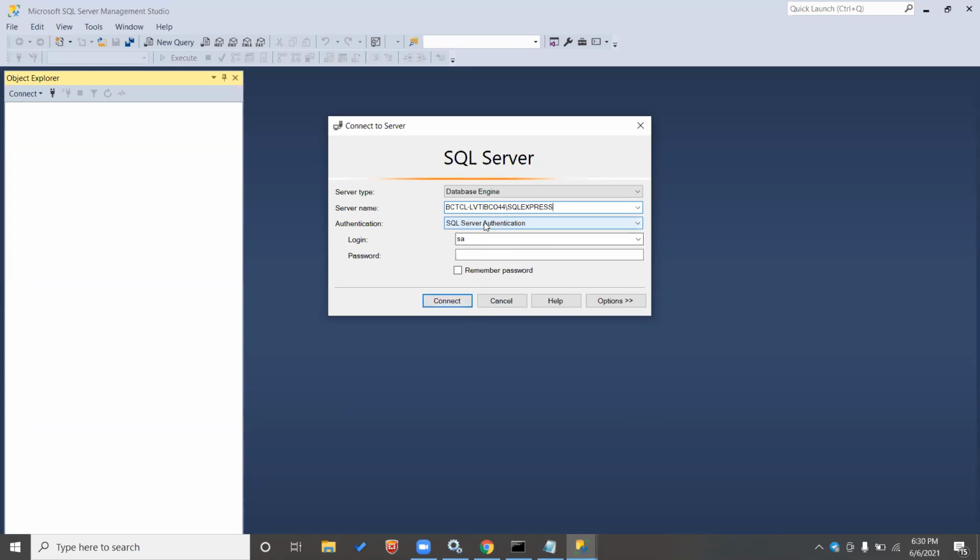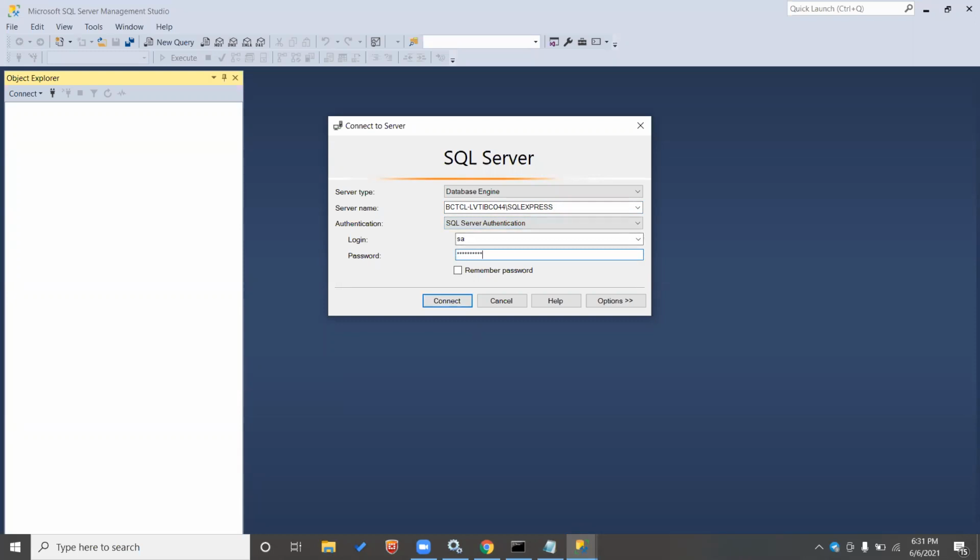The type of authentication for you right now will be Windows authentication, so by default it will use the Windows user. Or else I can define my own user and password.